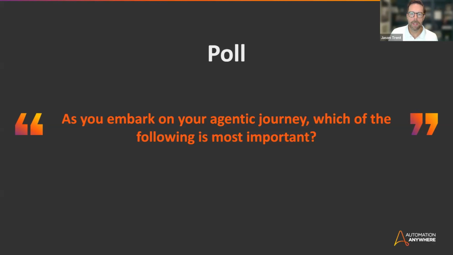All right, looks like the poll is asking, as you embark on your agentic journey, which of the following is the most important? We've got four here. You can actually stack rank these for us. Priority one, obviously being the most important, priority four being the one you think about, probably, fourth in this case. So: ability to utilize tools and agents from different systems, traceability in agent execution and insights into why tools were used, evaluation tools that provide insight into the accuracy of agents, or operational evidence that can show insights into actual value provided by agents.